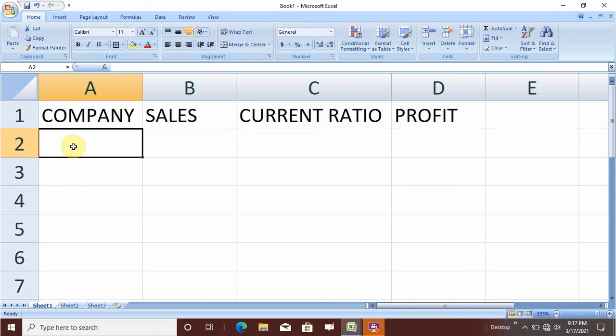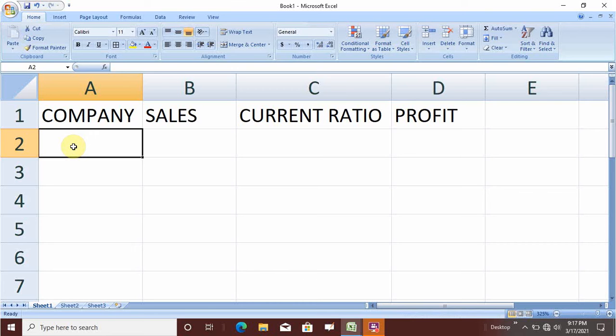Dear learners, in the last session, we discussed the use of Excel in basic mathematical functions like addition, subtraction, multiplication and division. If you have not watched that particular session, I will put the link here, you can watch it. Today we are going to discuss one of the most important and frequently used functions, VLOOKUP in Excel.